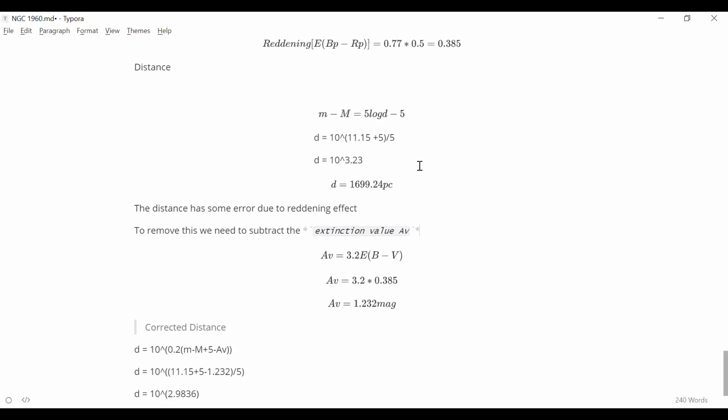On the x-axis, you don't have a distance issue because you are subtracting two filters. So in both of them the distance factor will come in. So color, in principle, BP minus RP, is distance independent. It does not depend upon the distance to the cluster because the same correction applies to both magnitudes. While on the y-axis, the distance factor will come because you're just taking a single magnitude.